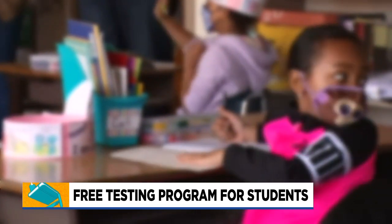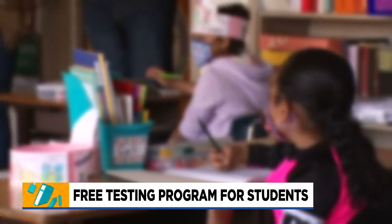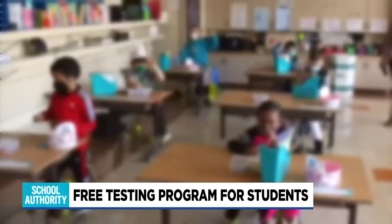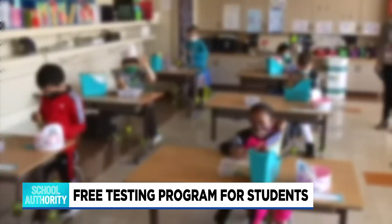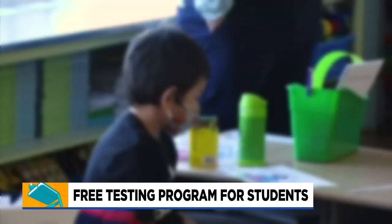Instead, Happel thinks testing should focus on those students who have to quarantine. I think test to stay is extremely logical at this point because what we really want to do is keep the maximum number of kids in school for the maximum number of hours. And so when your quarantine net is catching kids who are not sick,